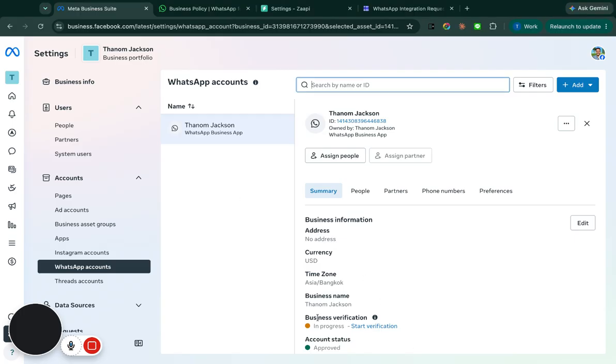And this is the most important part right here where it says business verification. So the status in my example account here is in progress. This needs to be approved in order to connect to Zaapi, and it will show in green. Okay. If it's not, and if you haven't verified it yet, what you can do is just click Start Verification,